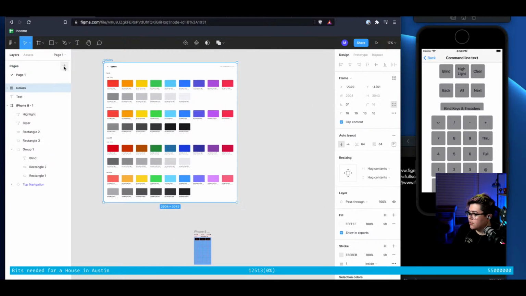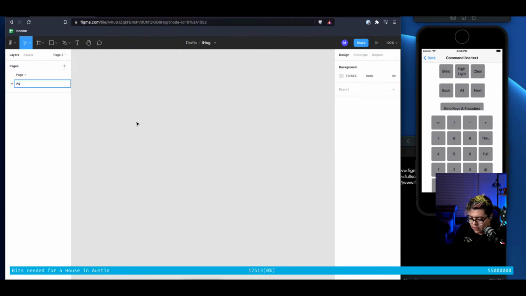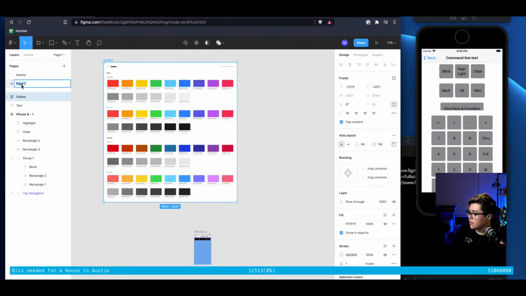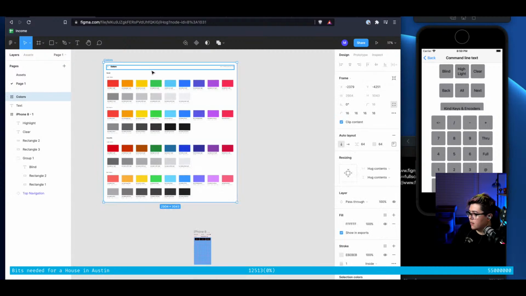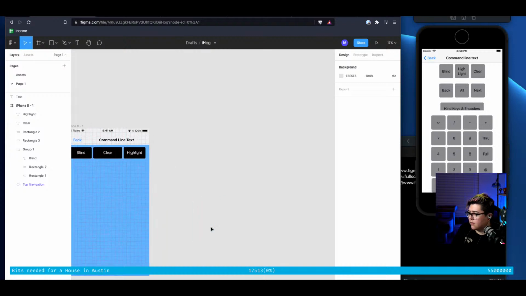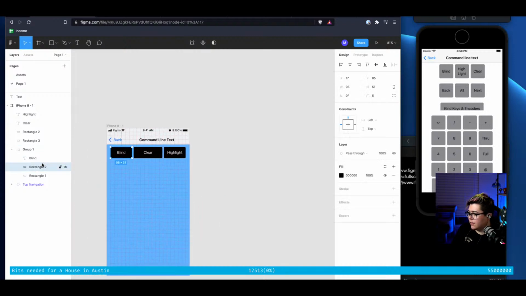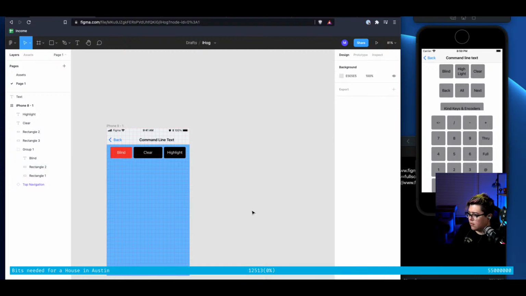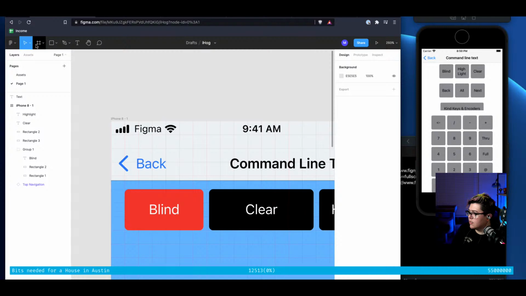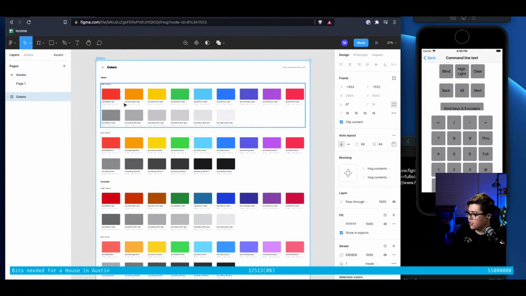Oh, can I just make a new page? Sweet. Assets. Okay, so then I can paste in their colors, and now if I go over here, I think I can delete them. And now I think we have the second rectangle. Is that the same red? Yes. So even if I go to this page here,